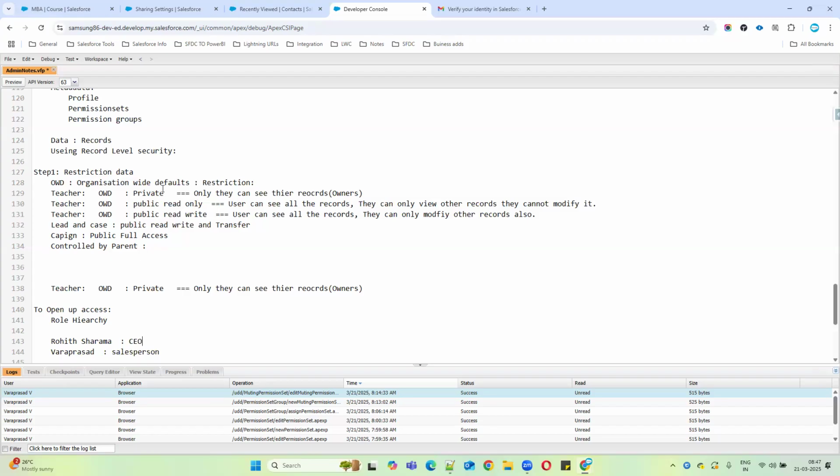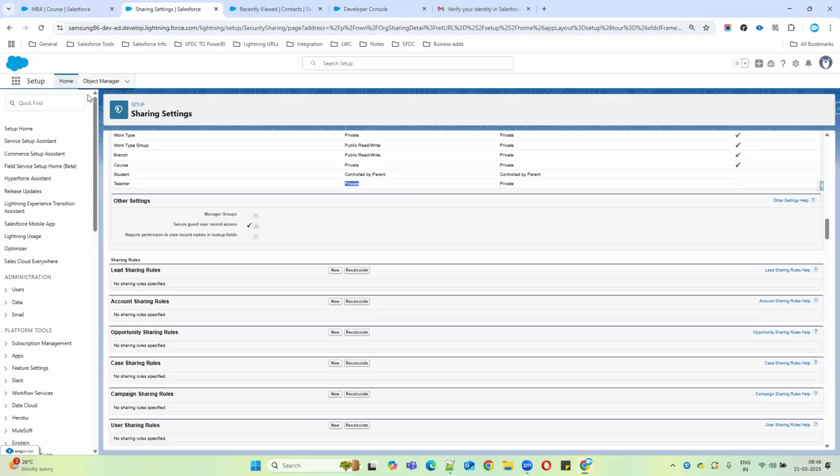I don't want to touch OWD, it is private. So how we can do is we want to give access without changing OWD. If you want to open up access to the higher role people, senior people, without changing OWD, then there is something called role hierarchy in Salesforce. Okay. So if you observe, whenever you're creating user records,